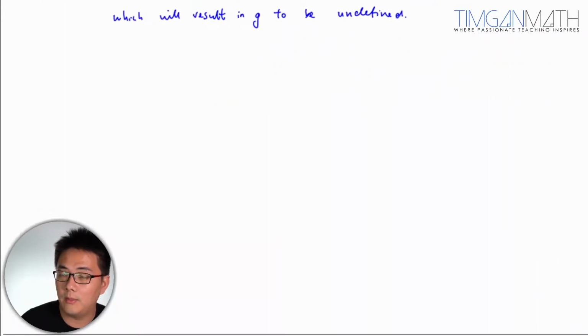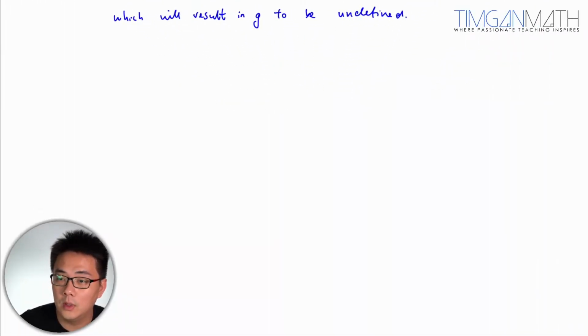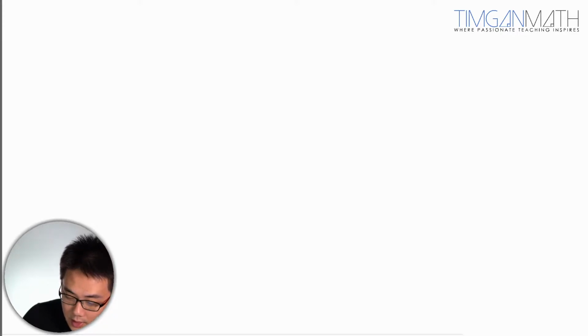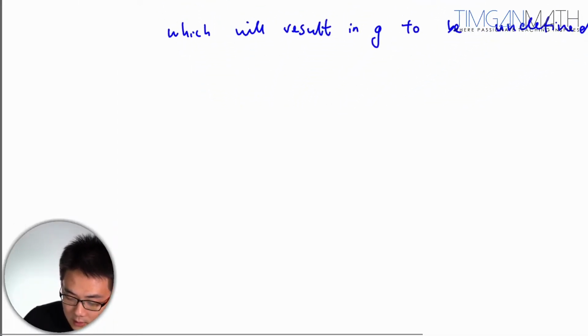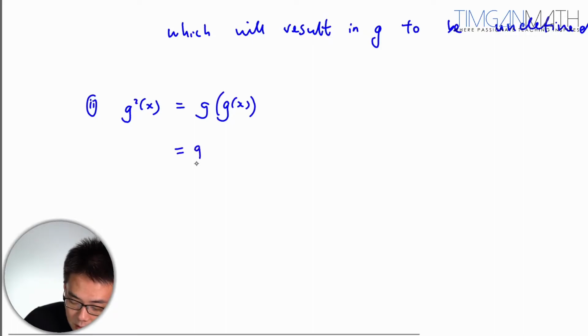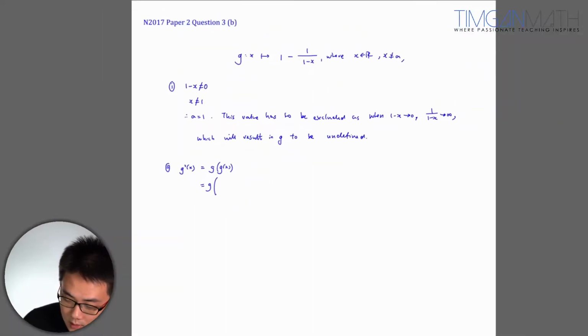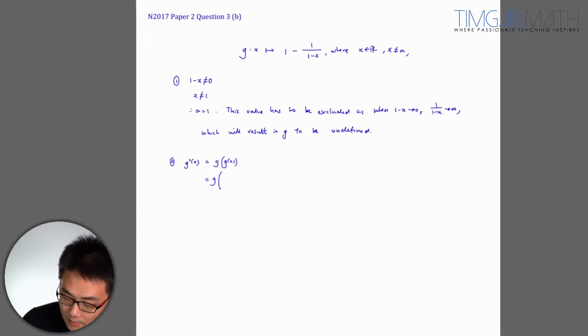So let's look at the subsequent part. In the subsequent part, we are told to find g²(x) and also g inverse of x. So part 2, what we need is actually g²(x) here. This is just g(g(x)). What we need to do here is just put the whole g in, which is 1 minus